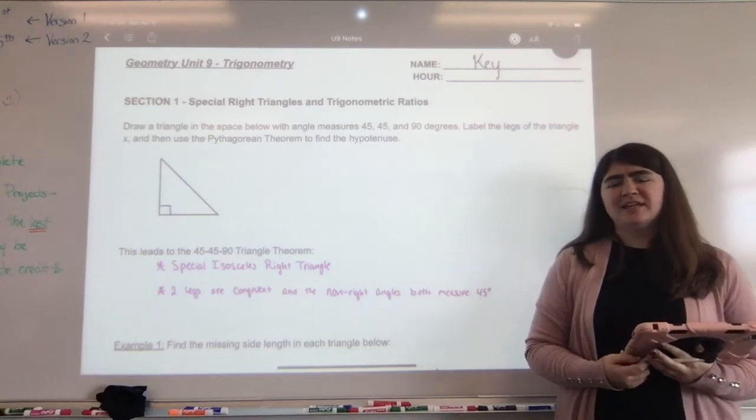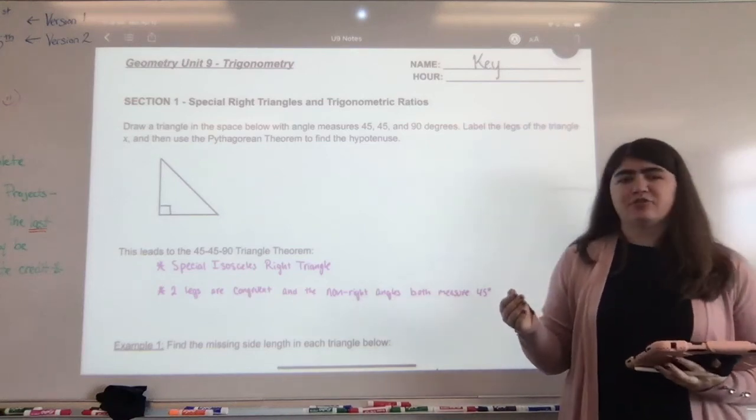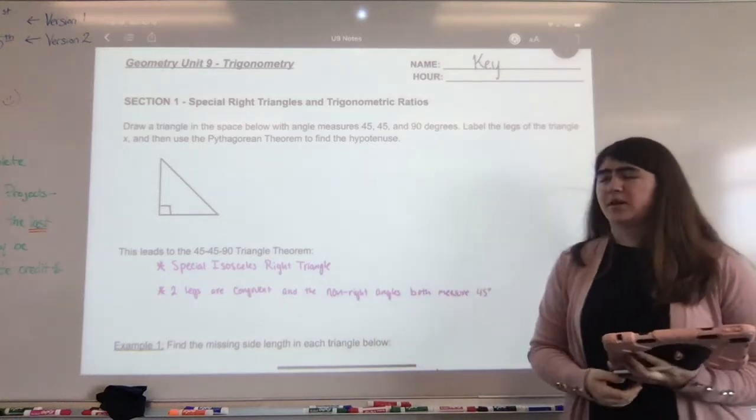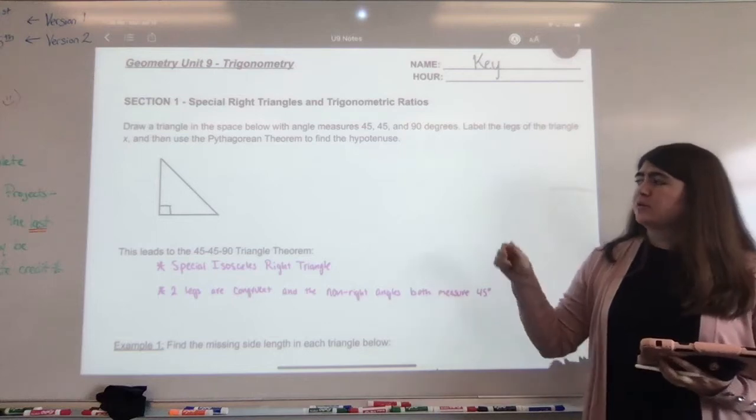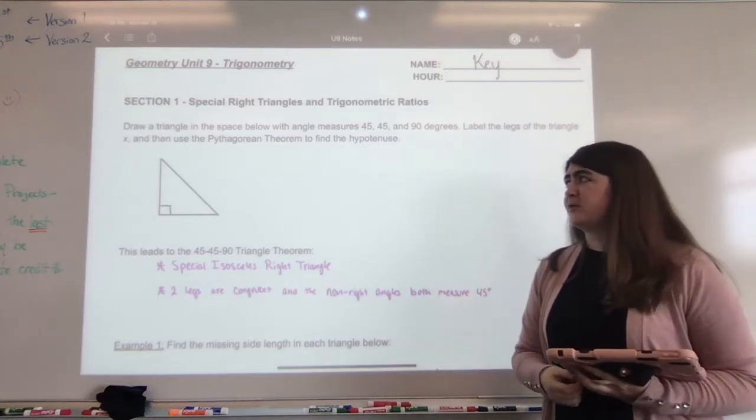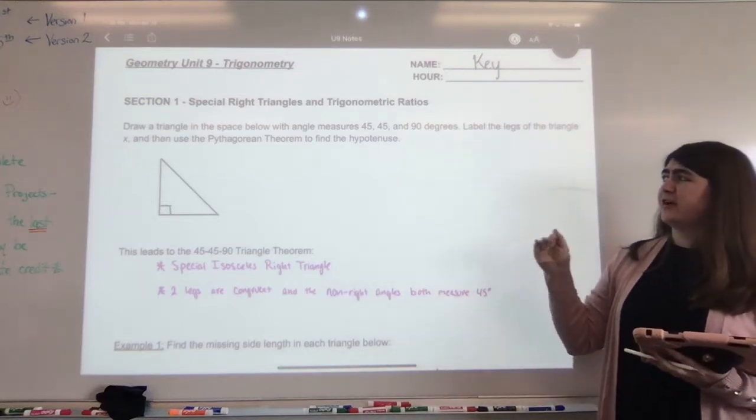Everyone. Today we are beginning Unit 9, which is about trigonometry. To begin, we're going to start with Section 1 that covers special right triangles and trigonometric ratios. So first we have: draw a triangle in the space below with an angle measure of 45, 45, and 90